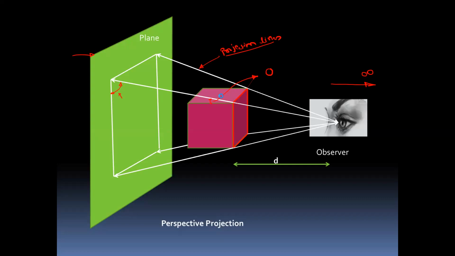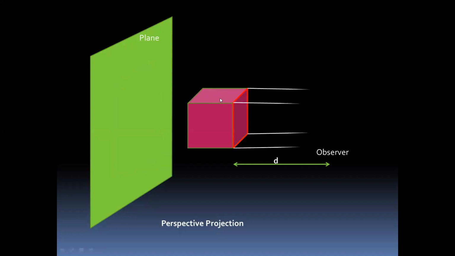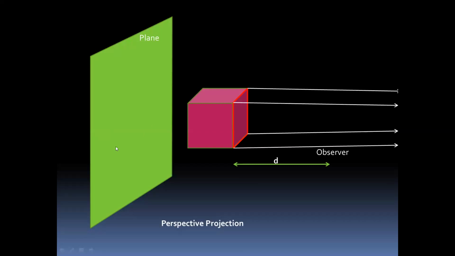So this is the case that is shown in the second diagram. You can observe here the angle between all the lines. These lines are exactly parallel to each other, or they are perpendicular to the front view. If you extend this line on the imaginary plane, these projection lines will be exactly perpendicular to the imaginary plane which is behind that object.